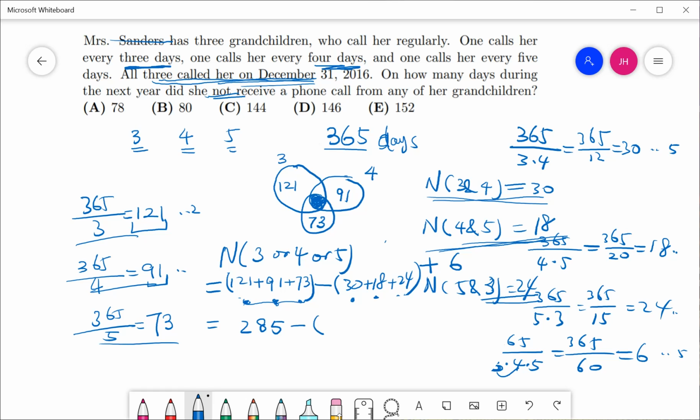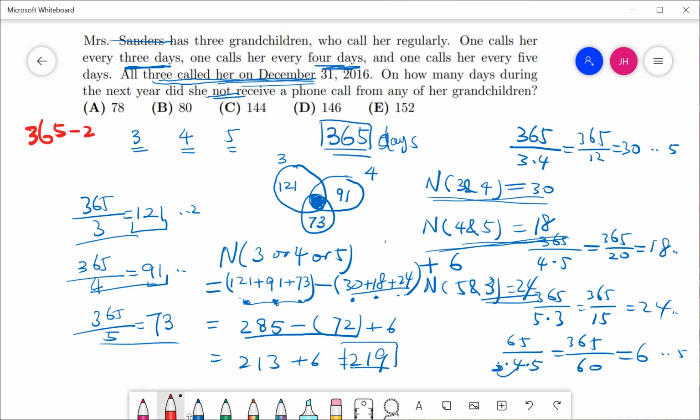285 minus the sum of these 3 numbers. That's 48, that's 68, that's 72, right? And plus 6. Let's do the subtraction. So that's 2, 1, 3 plus 6. So that equals to 219. So these days are the number of days that at least 1 grandchild calls her. So how many days are there in a year? That's 365 days. So the final answer will be